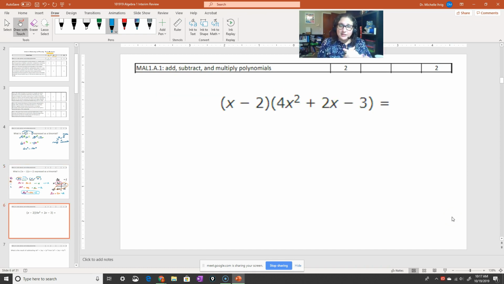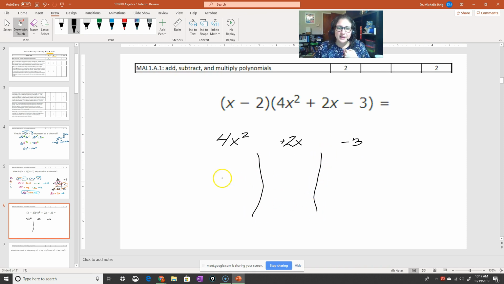So I guess let's try the box method for this one because some kids really, really like it. Again, for me personally, I always put the longer one, whatever I'm multiplying by, in this case the trinomial, on top. It's easier for me. So I'm going to write down 4x squared here, leave a space, put my positive 2x, leave a space, and put my -3. And then I'll separate that going down. This way I've got my x, and I've got my -2. And then here we've set up our box.